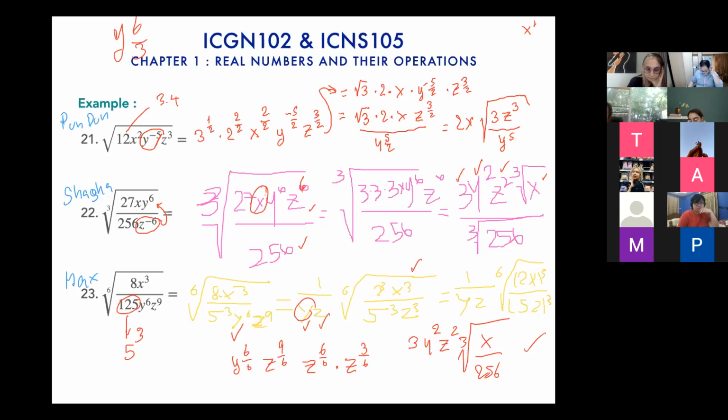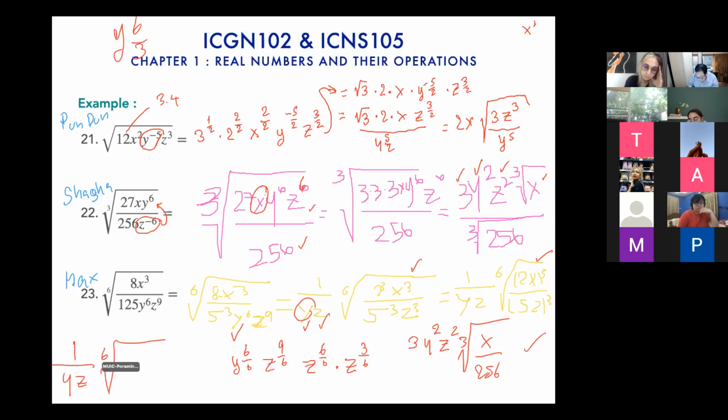Okay, this is correct, so this one is correct too. If you rewrite it you have 1 over yz times 6 root